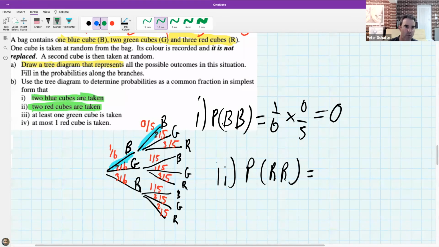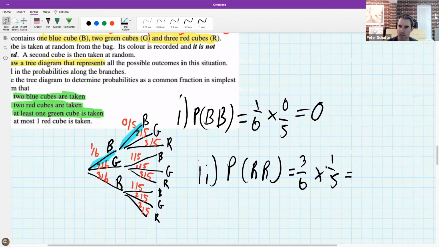And let's add one more to the list. Let's also ask, what's the probability that at least 1 green cube is taken? So for RR, 2 red cubes, it's just going to be 3/6 times 1/5. 3/6 times 1/5, which is going to be 3/30,